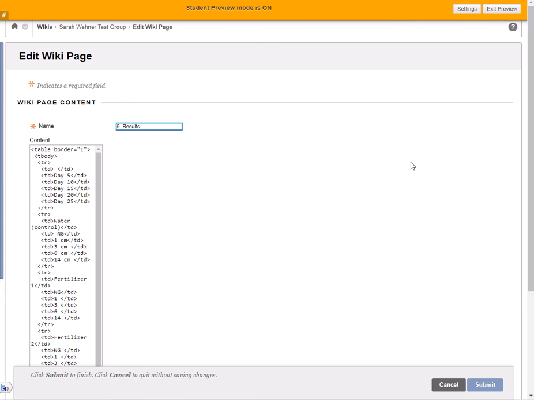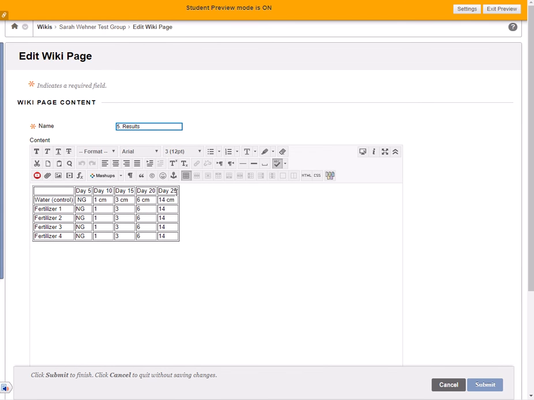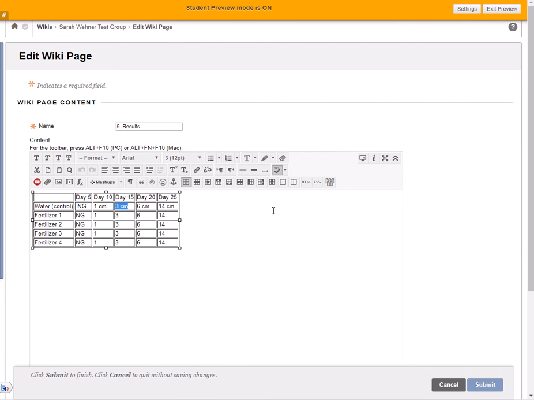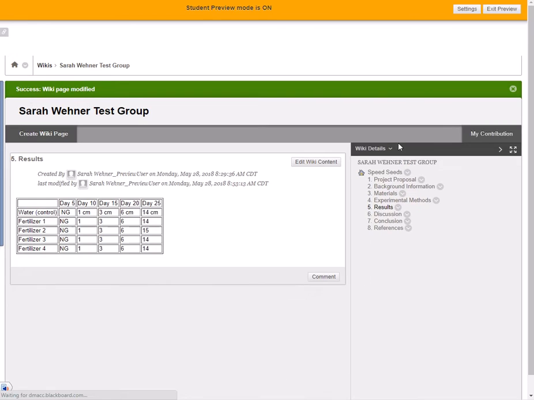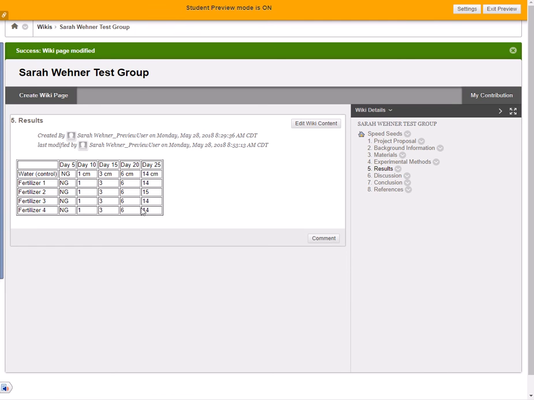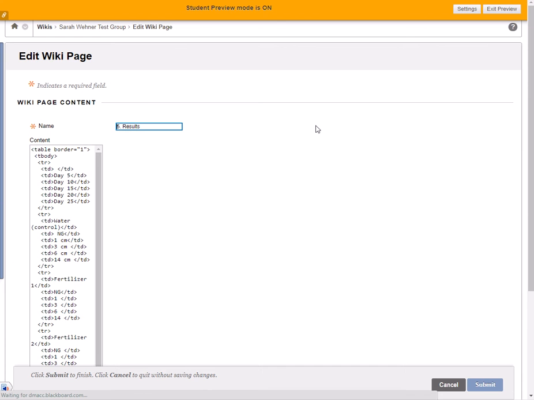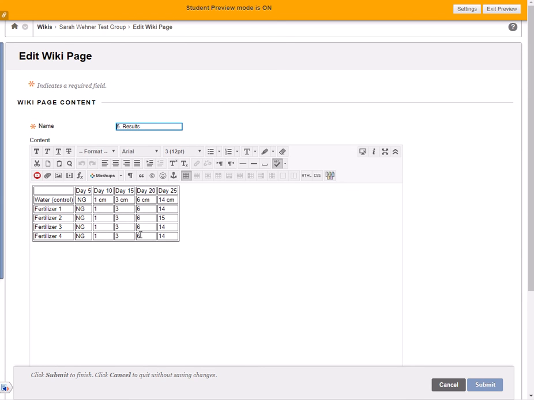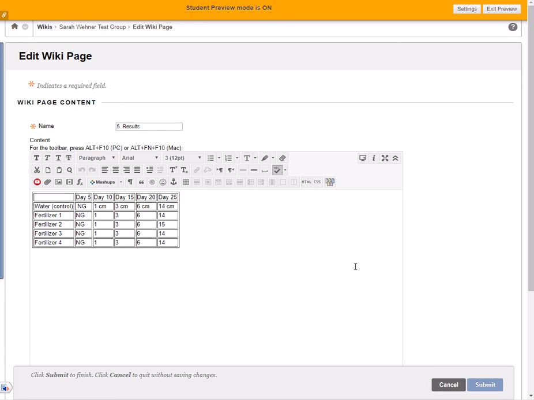And if you need to go in at any time and edit it, you just press edit wiki content, and you can edit any of this data. So 15, submit, and there you go. And that's how to use the tables. Now, in addition to the tables in your results, you do need to do descriptions. So for example, if fertilizer 4